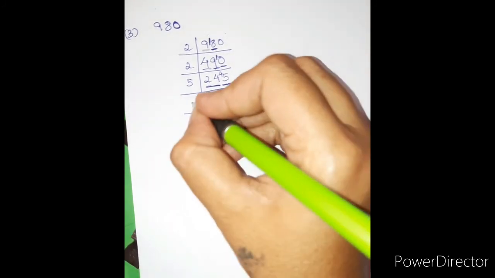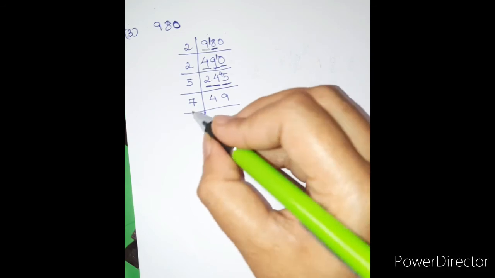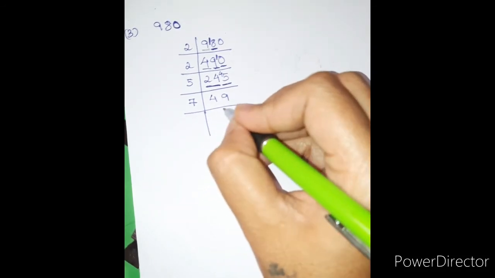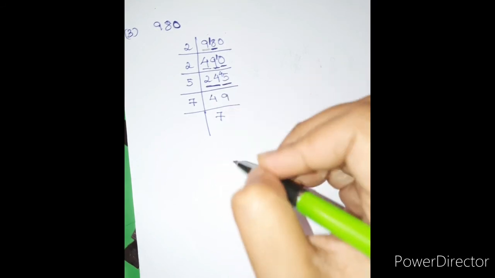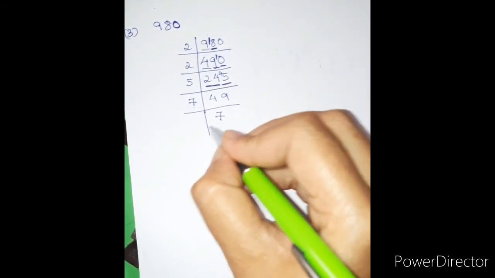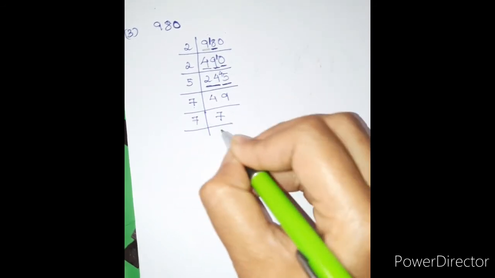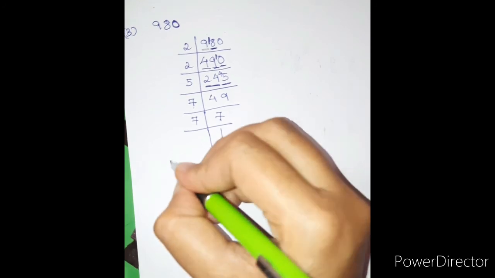7. Yes, 7 is also a prime number. So I can take 7 to divide 49. 7, how many times will give you 49? 7 7s are 49. Now I have 7. I can take the table of 7. 7 1s are 7. I have finished. So therefore I will write